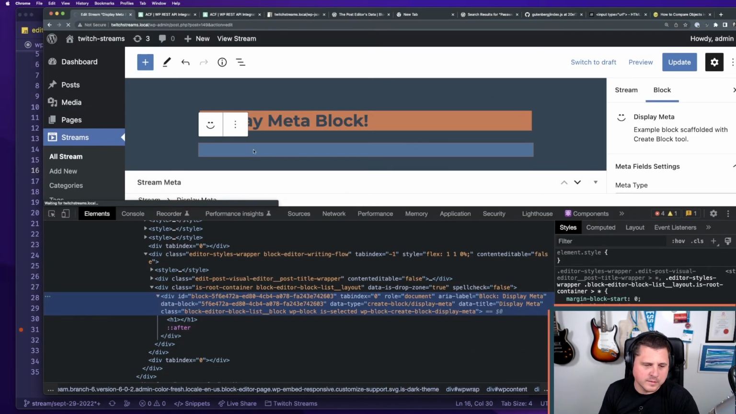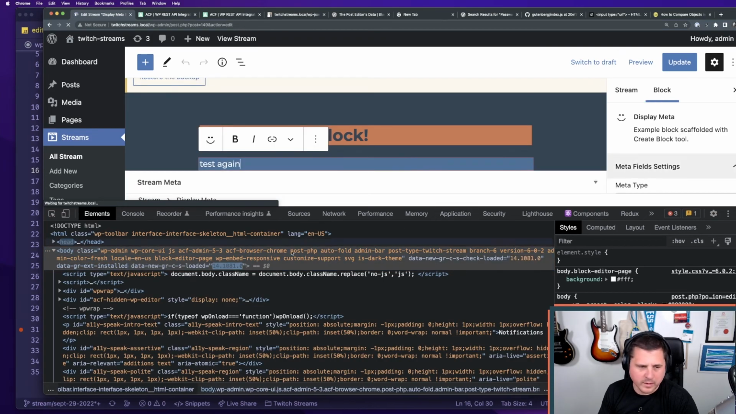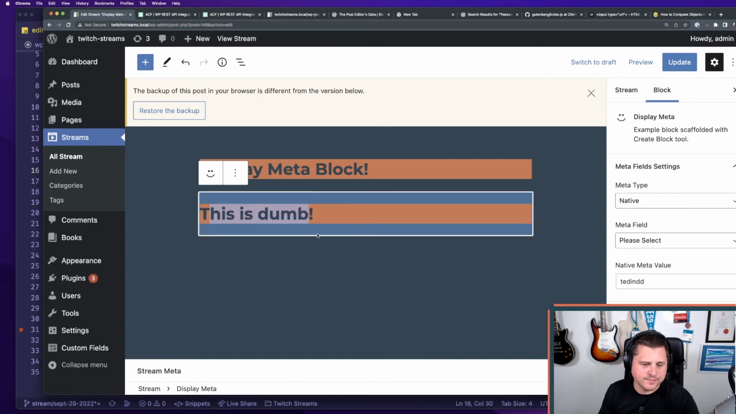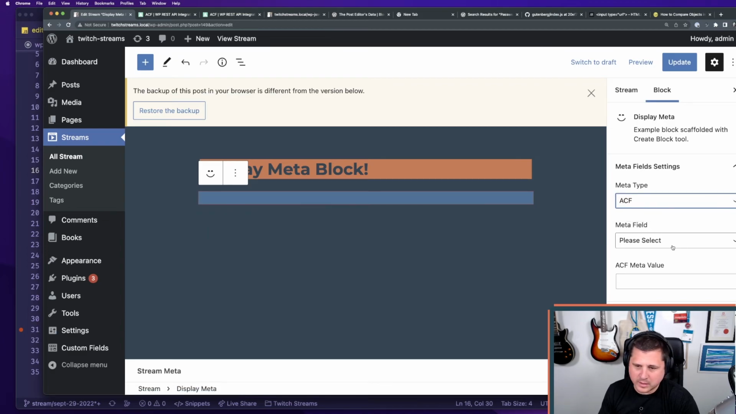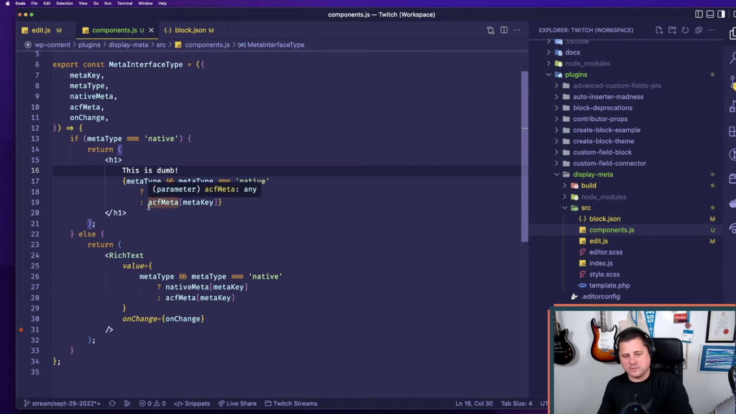Right, reload this. Here, this is a rich text field. I'll switch this to native, and I get this. That'll be pretty cool because then we switch back to ACF and we get our field back, and everything works that way. So this is obviously way too naive, but I think what we'll do here is